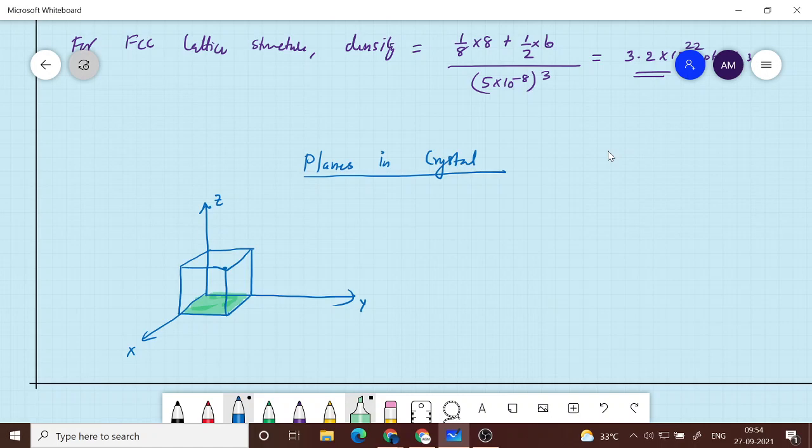So bottom plane is basically your XY plane, or you can talk about this plane. So that is your XZ plane. So like that you can talk about different planes. And